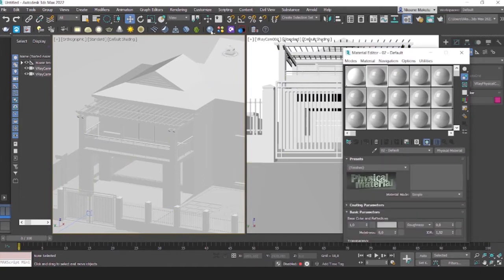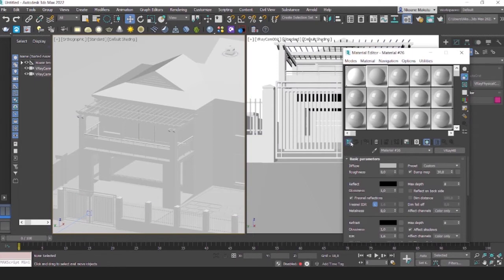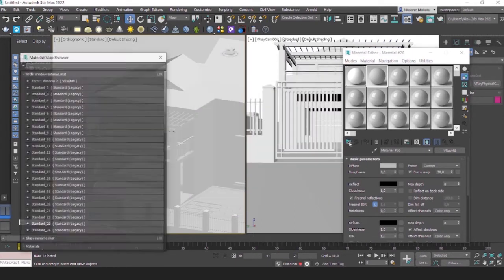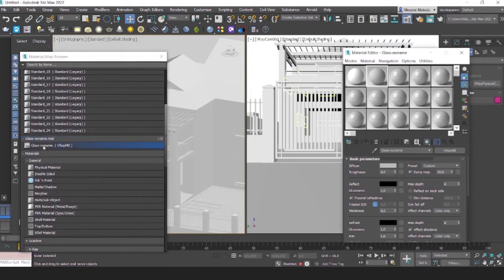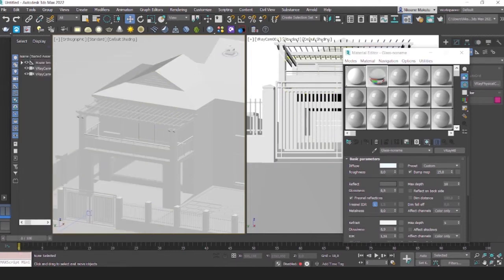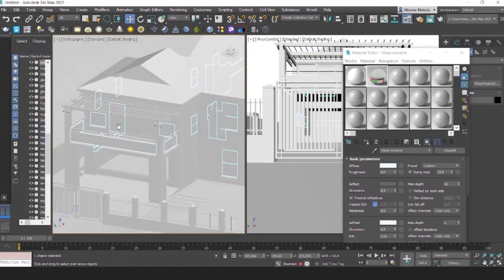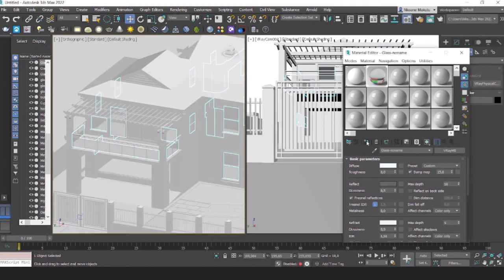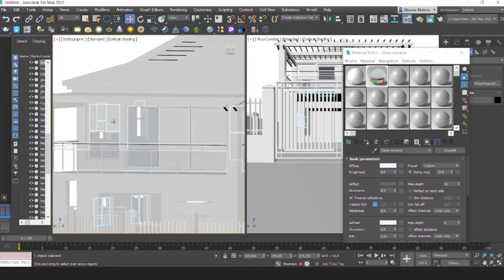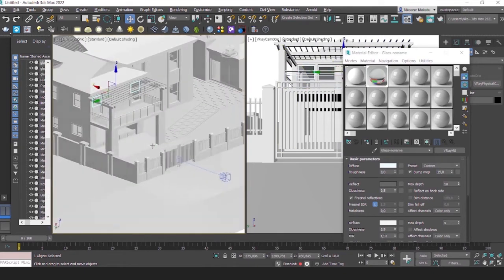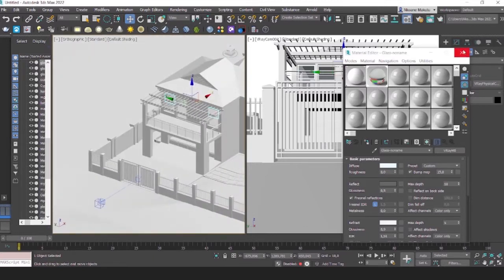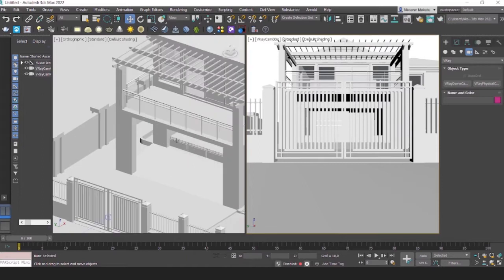and create a glass material. I will go and select my glass such as that, and I will apply. I also have one more glass here, then I'll apply it inside. So once I have it like this, I have a basis of what I'm gonna work with. I'm gonna take this out of the way, and now the first thing that I want to simulate here is